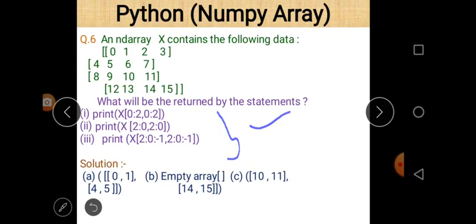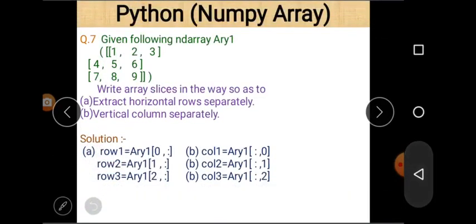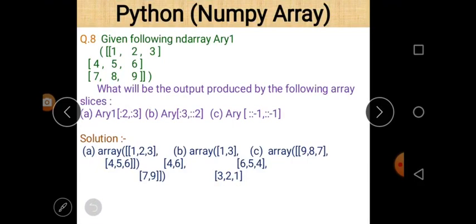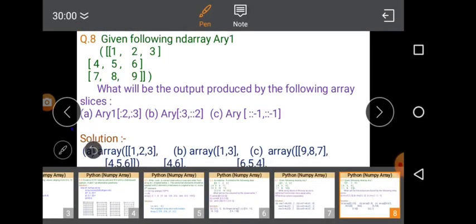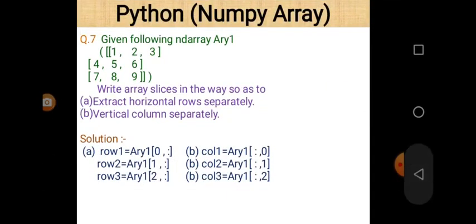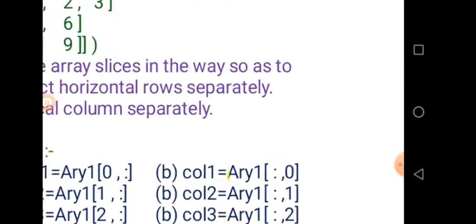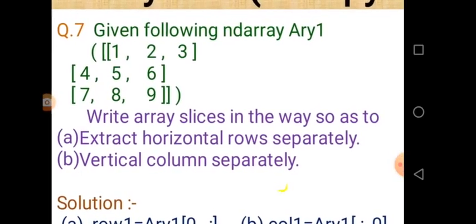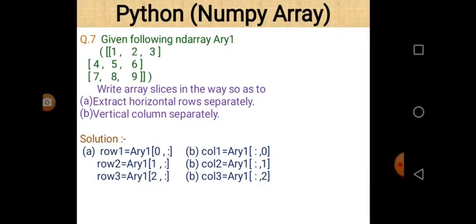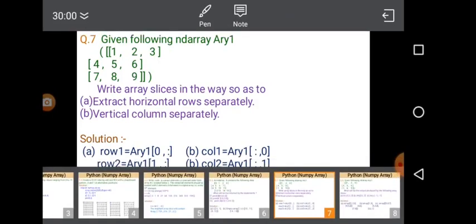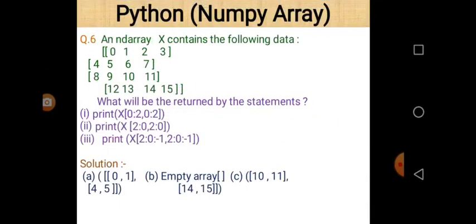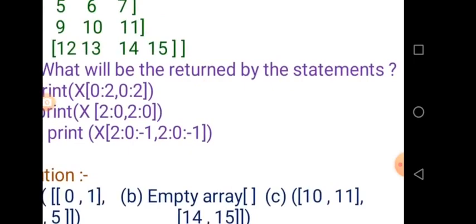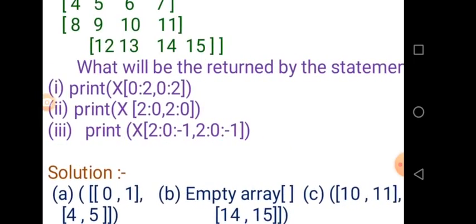First one is 0 colon 2 comma 0 colon 2. It means the start value for the row is 0 and it goes up to 2.